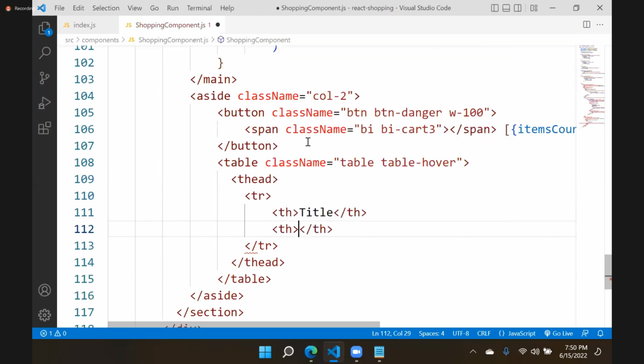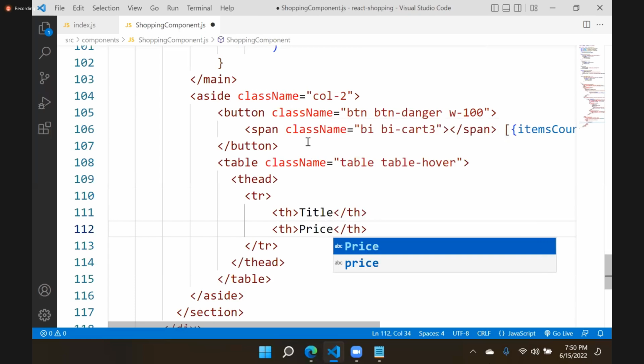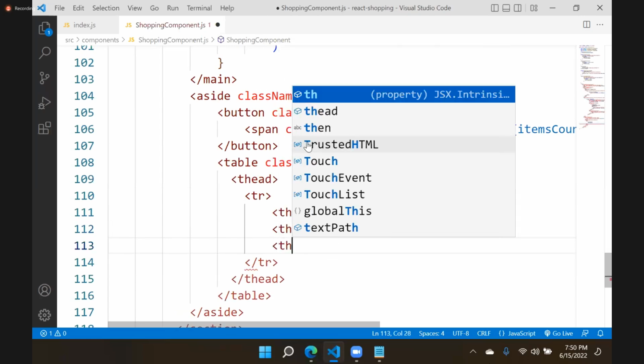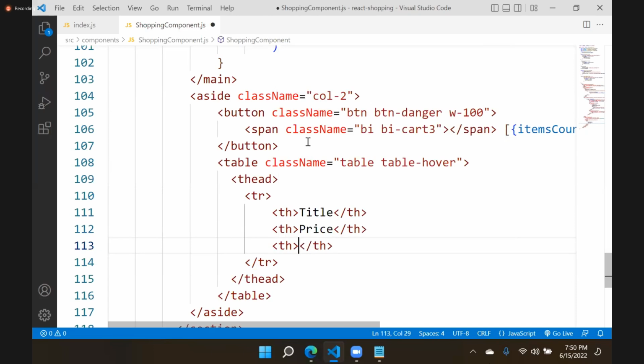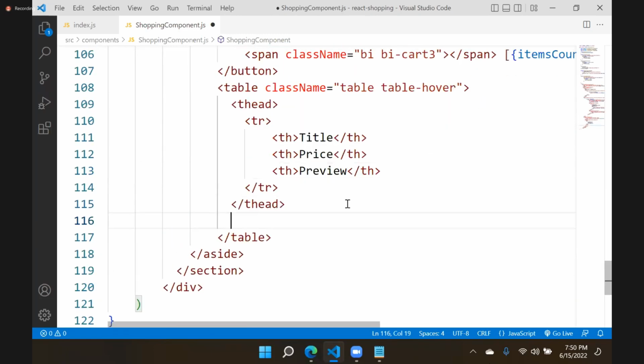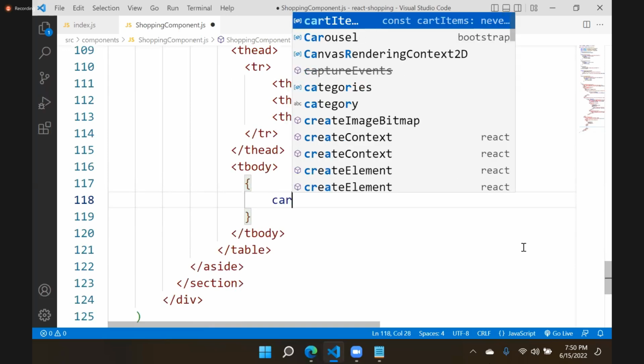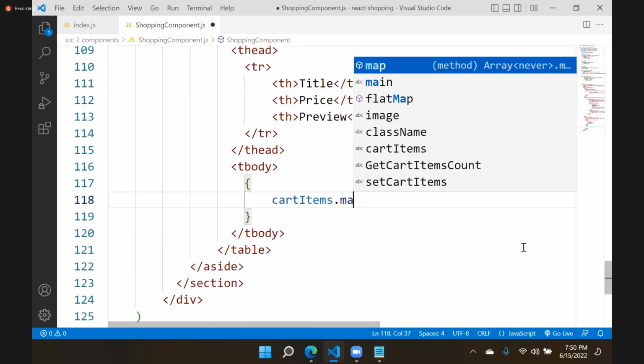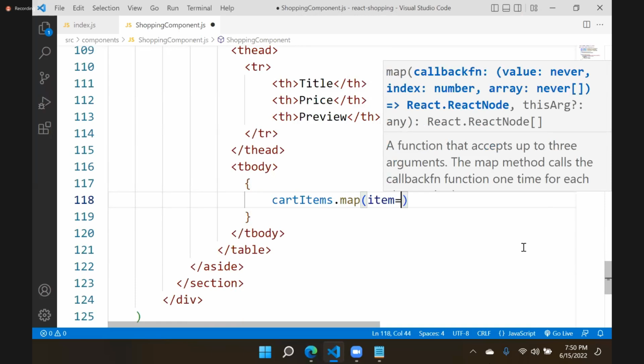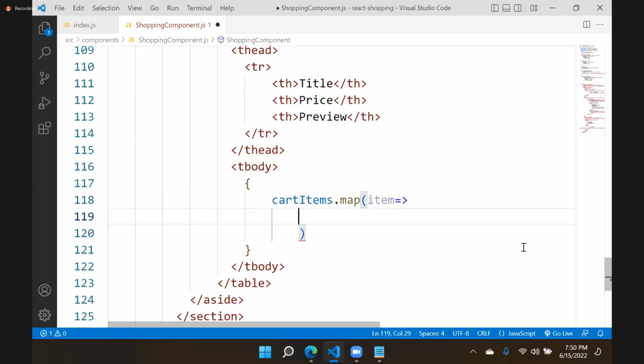And we will put price, which item added the price. Another one, we will put the photo preview. The preview of that particular item, what is added into it. So I'm just giving this, then we will keep the T body. This body should repeat for every item in the cart items array. So what is the collection? Cart items. We have to map and we need to read every item, and we need to generate a row